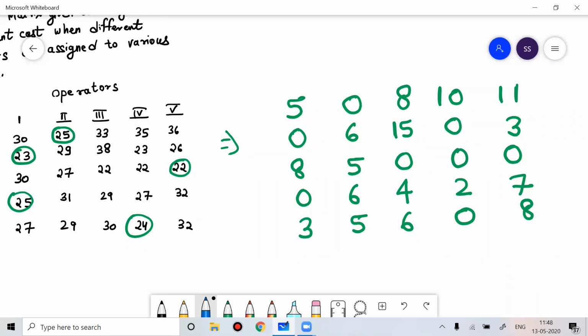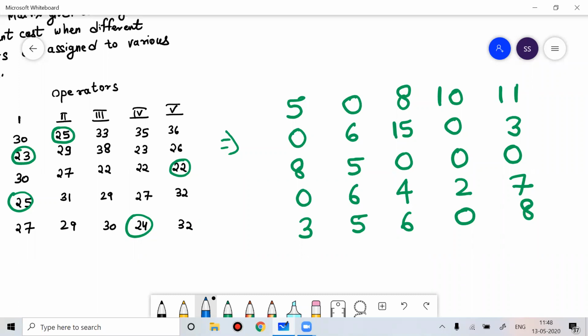Now, every row and every column has at least one 0, so we can play the game of allocation. How do you do the allocation? First you allocate the row which has only one 0. Then you go to the column which has one 0. Then you go to the row which has two 0s, one cancelled, one can be allocated. Then the column which has two 0s, one cancelled, one can be allocated. We proceed that way. It's like a game.